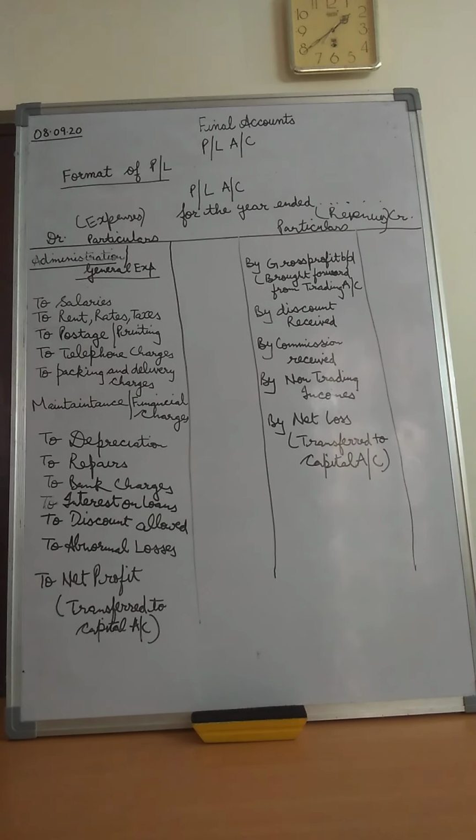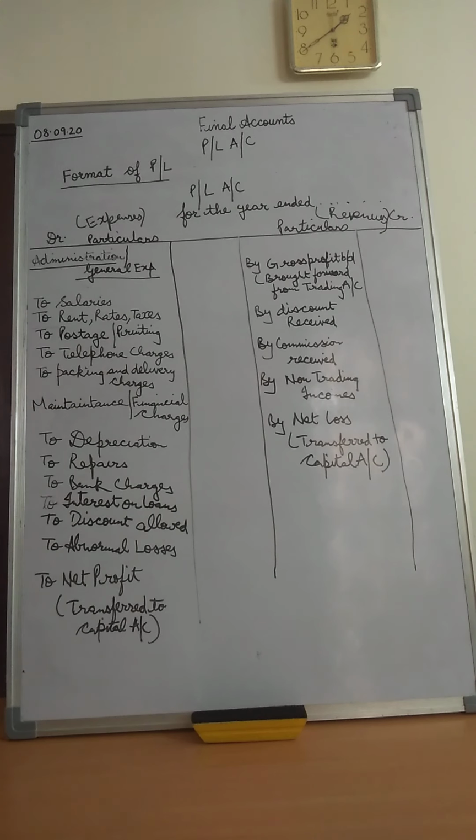Then it also has the provisions for bad debts. That is, supposing we assume that in the near future these people are not going to return my money, but we are not sure about it. That is also considered in the P&L account. Then we have the packing and the delivery charges also included in it.